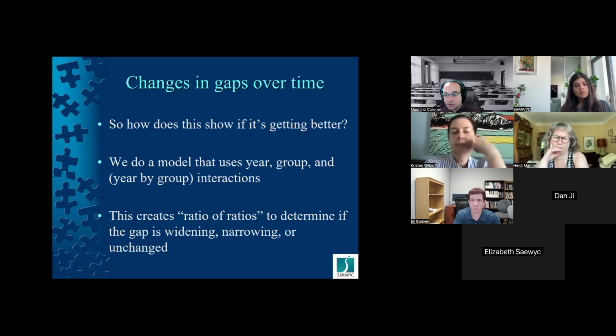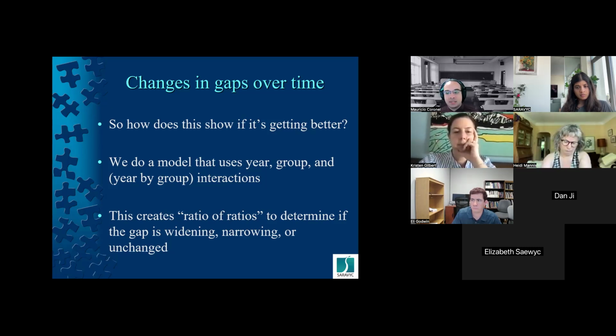We also have our third goal, which is how to measure if these changes are changing over time. Are these differences between the groups having an effect? Maybe there is a change in policy, or maybe there's an intervention that we're looking at over time, and we try to make things more equal for everyone. So how does this data, all these numbers, all this information, tell us if things are getting better? So we plug in, just like how we plugged in age, we included a model that includes the year